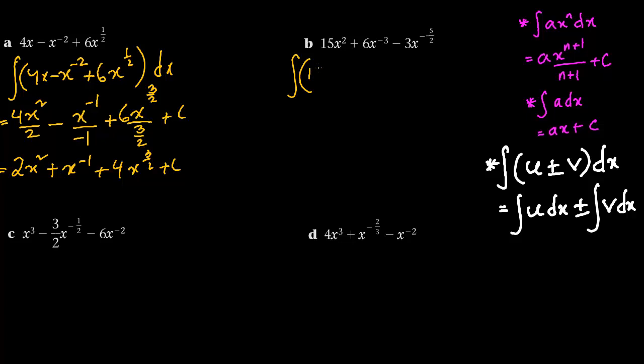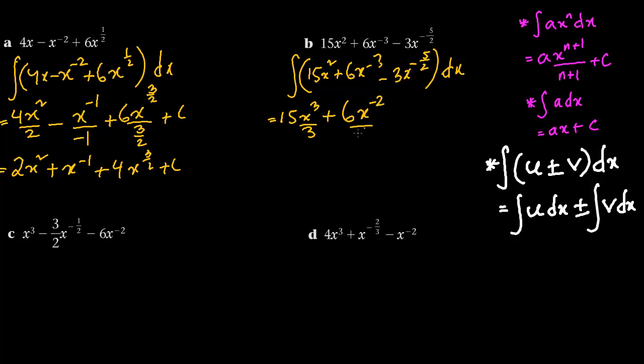Integration of 15x squared plus 6x to the power minus 3 minus 3x to the power minus 5 by 2 dx. Okay. So we have 15 as the constant. This would be x cubed by 3 plus 6 is the constant. Increase minus 3 by 1 is minus 2, divided by minus 2, minus 3 x to the power minus 5